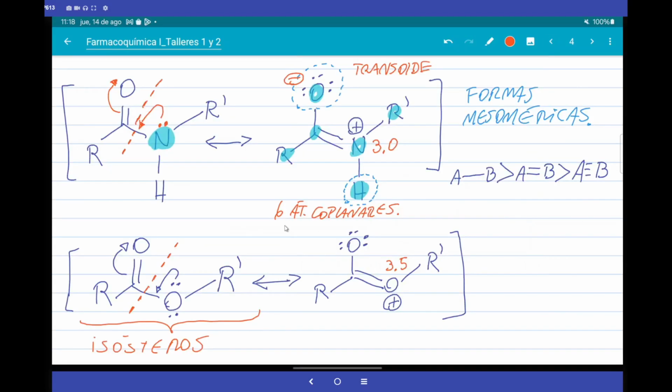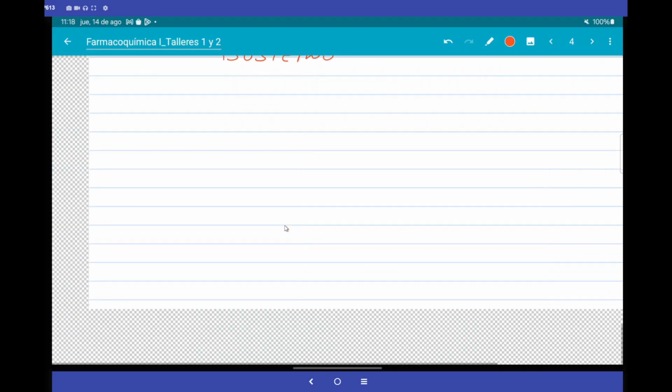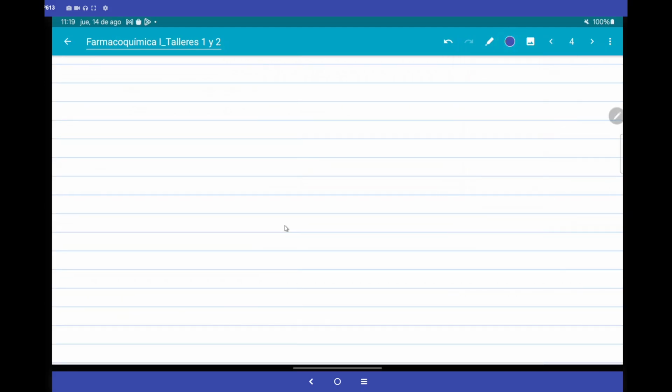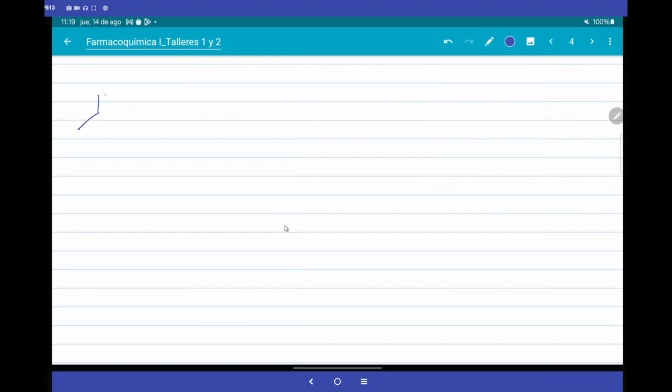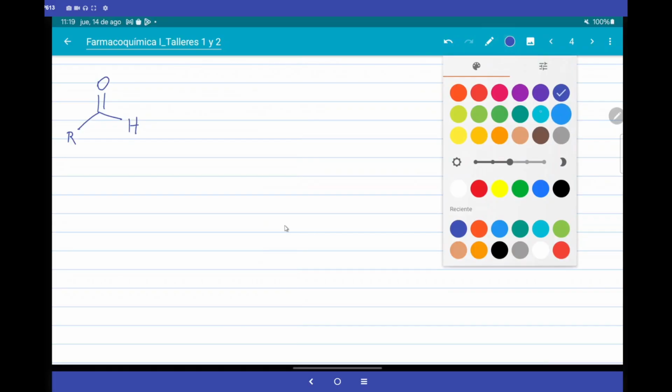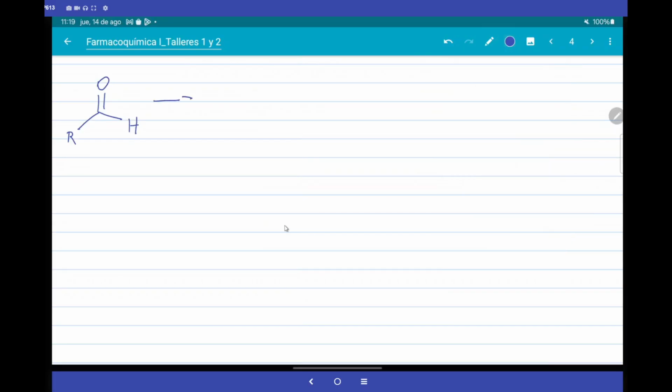Then we are going to show the following, and we are going to do 2 reactions. Look first. The aldehyde functional group is a functional group that is avoided in medicinal chemistry. The reason is that aldehydes, unlike ketones which are very similar, are tremendously electrophilic. Then this resonance is strongly displaced in the way that leaves the carbon positive.